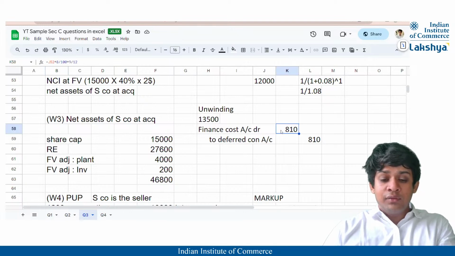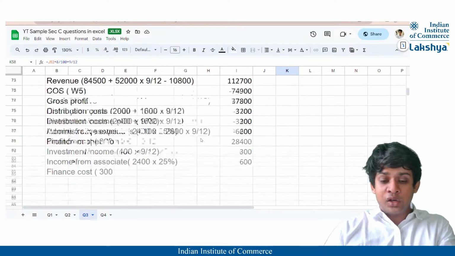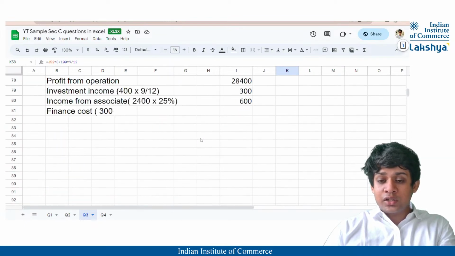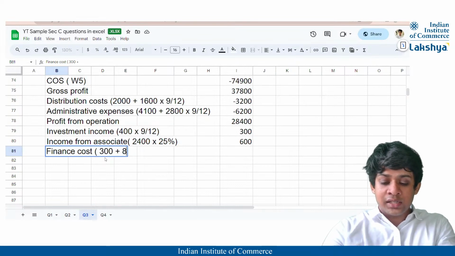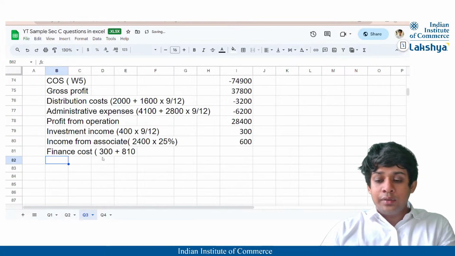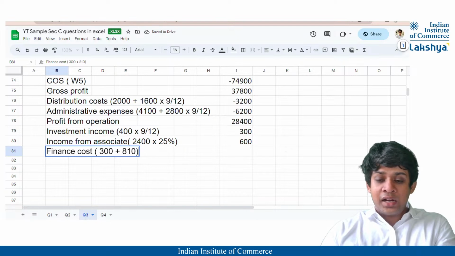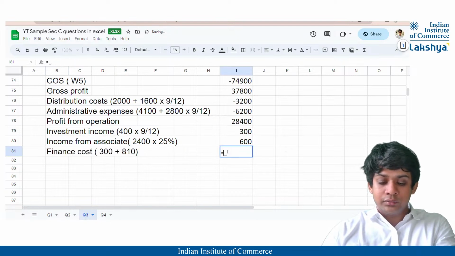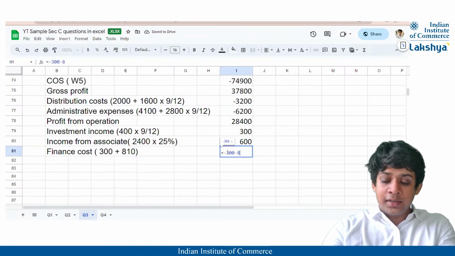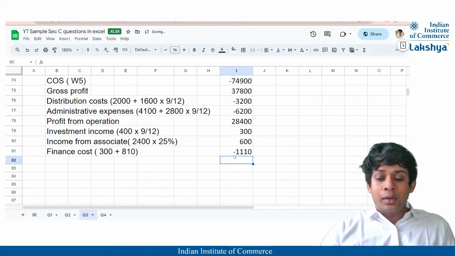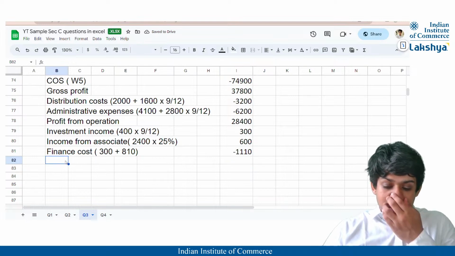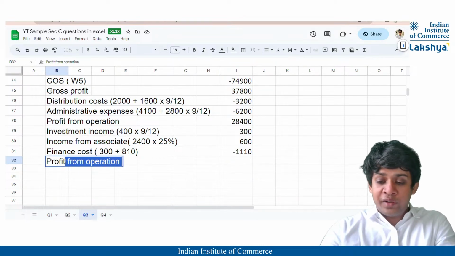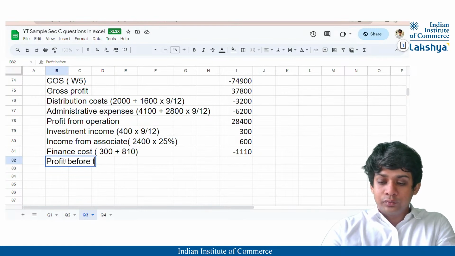In the unwinding, we do it, 810 deferred consideration finance cost, right? So that shall also be added to the finance cost, that is 810, right? So our complete finance cost will be nothing but 300 plus 810, right? So our complete finance cost is 1110,